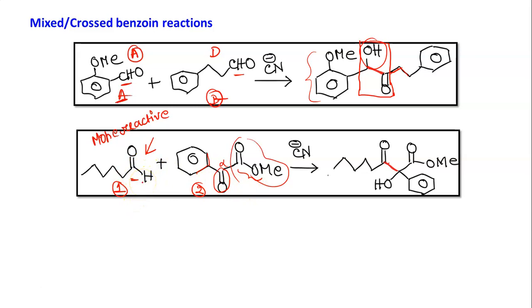So CN minus, it will prefer to attack at this carbon. So the carbonyl compound where the first CN attack happens, that molecule actually acts as donor. So our donor is first one, acceptor is second one. So now this part is alpha hydroxyketone part. So within the keto part, that is this portion, this is coming from donor, and this part it is coming from acceptor. Okay,